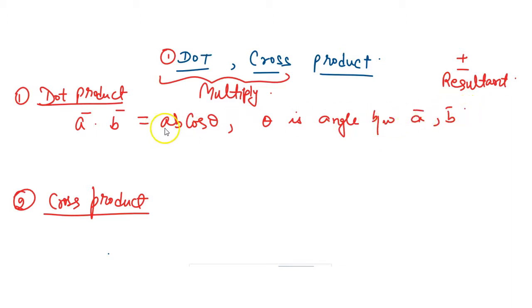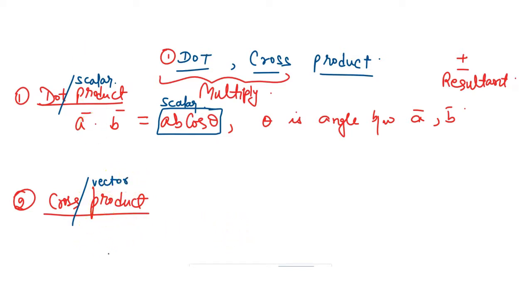So what are this a and b? These are the magnitudes of a vector and b vector respectively. Overall, the dot product of two vectors is a scalar. That means whatever result we get has no direction. So this is a scalar result. Either we say dot product or scalar product of two vectors, they are the same. Similarly, we have the cross product, whose other name is vector product.